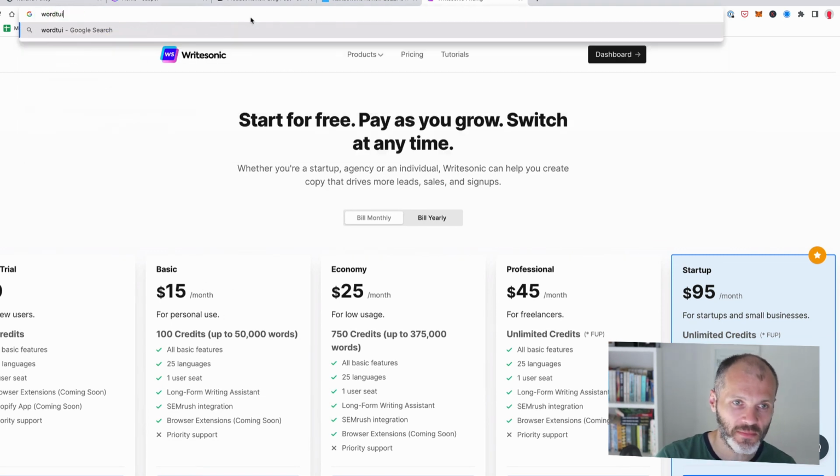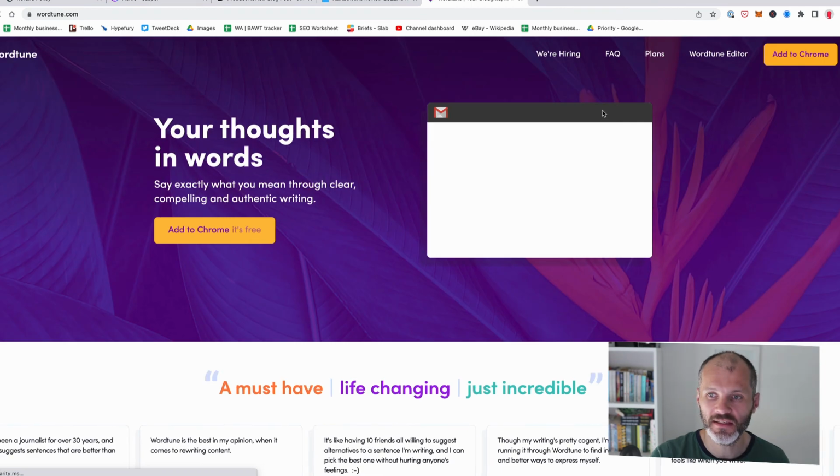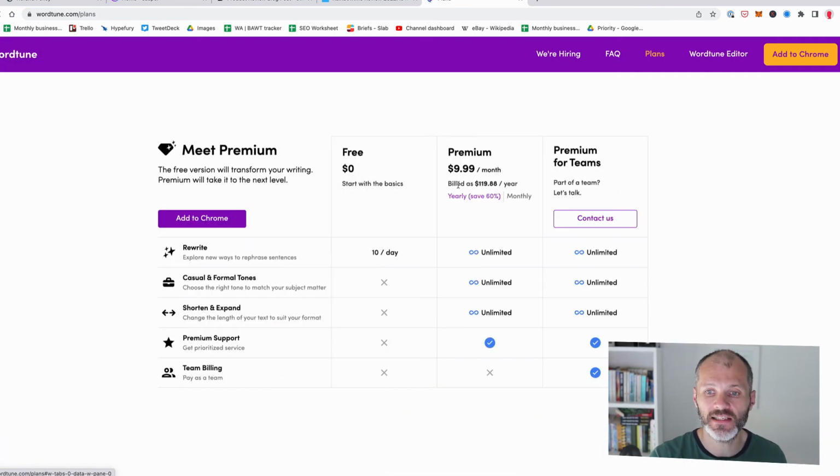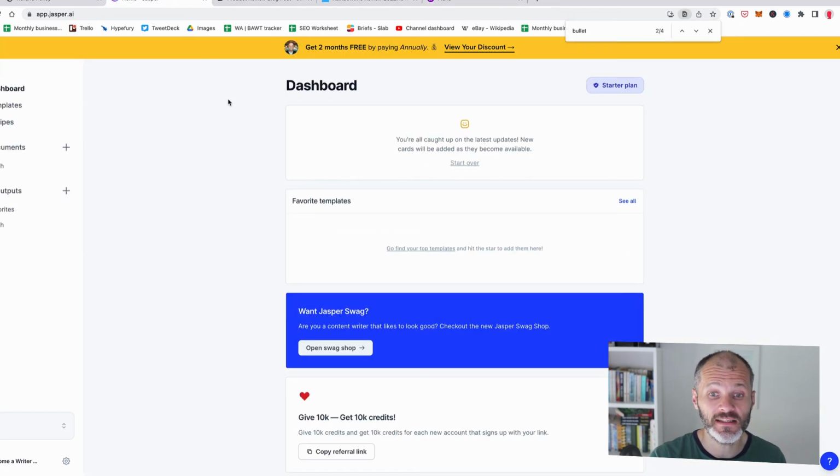WordTune is another popular option that you may want to consider too. You can try that for free. It has a Chrome plugin. Doesn't have quite as many templates, but it is more affordable at $10 per month. The other thing to understand with these tools is that they're rapidly changing because they're using AI. So you don't need to learn everything that it does, but just consider perhaps integrating one part or one template or one recipe with your writing workflow. Right now for me, I'm going to be using these for writing YouTube descriptions for videos like this.